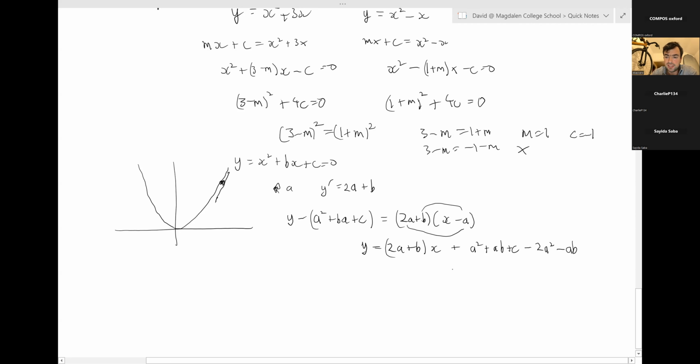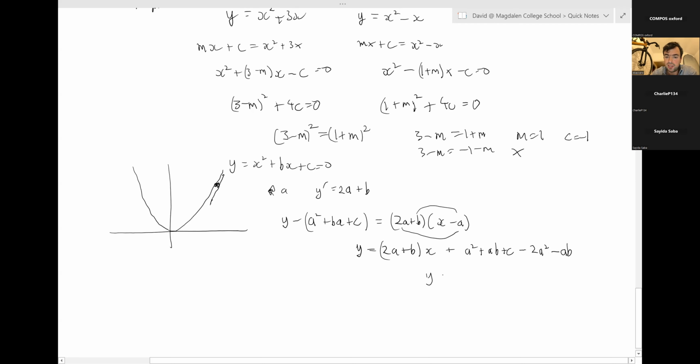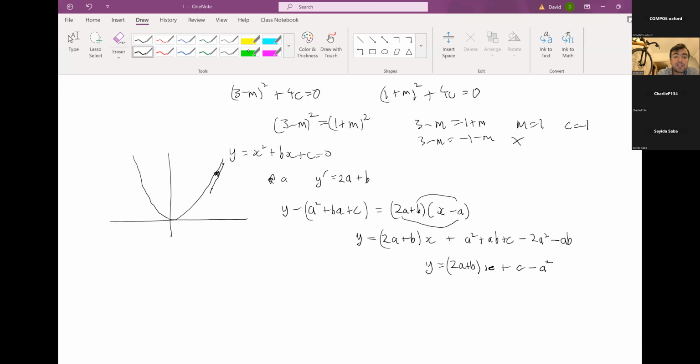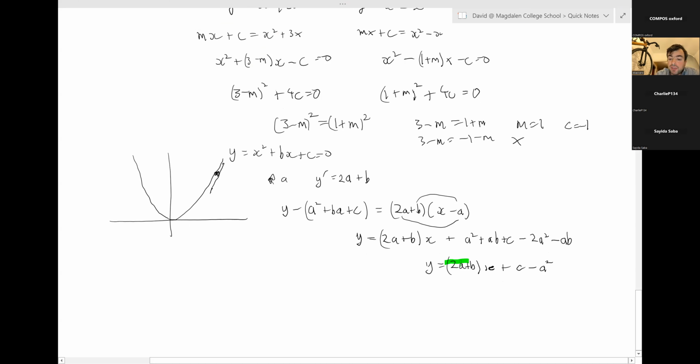The ab's cancel, so you get y equals (2a plus b)x plus c minus a squared. But now what you can do is find an algebraic relationship between m and c